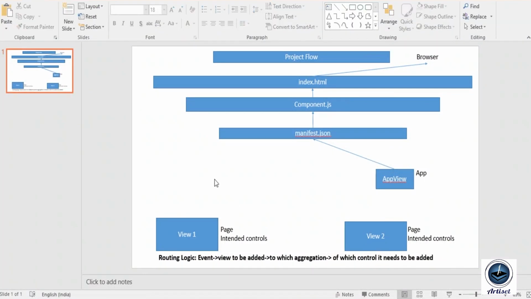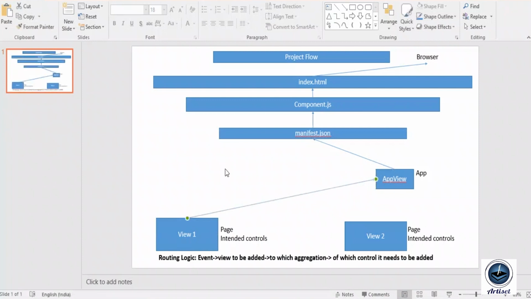So let's take some examples of routing logic. The first example is, as I mentioned, this dummy view, which I have named app view, is blank by default. It only has the app container. So I want at runtime the first view to be loaded as view 1. So what kind of logic will I write in my routing? What I will do,